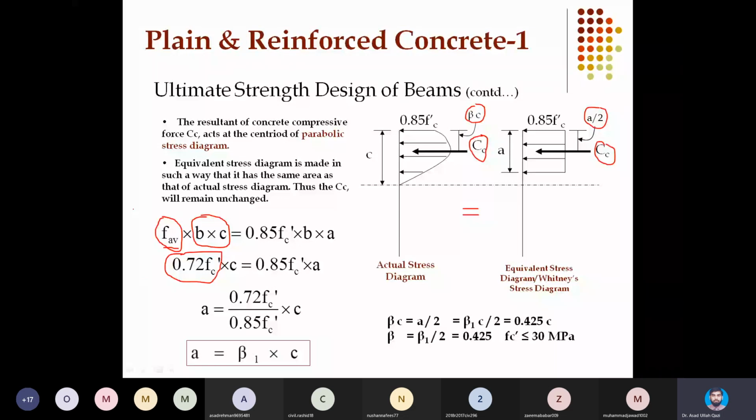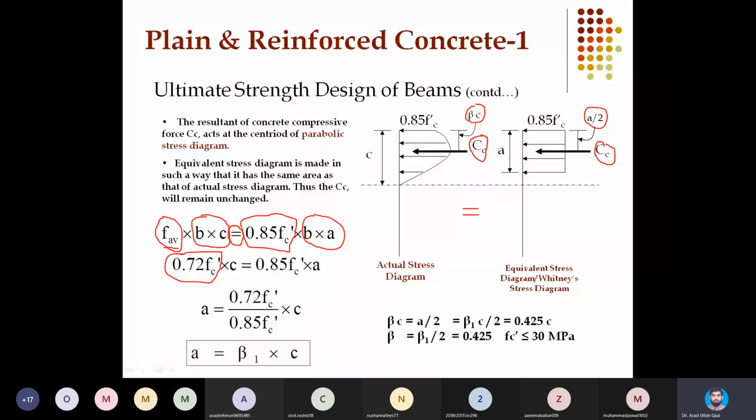So the left hand side is actual, and the right hand side is Whitney's proposal, that 85% of fc prime uniform stress is present on a cross section which has a width b and a constant depth a, which is shallower than c. If both are made equal,